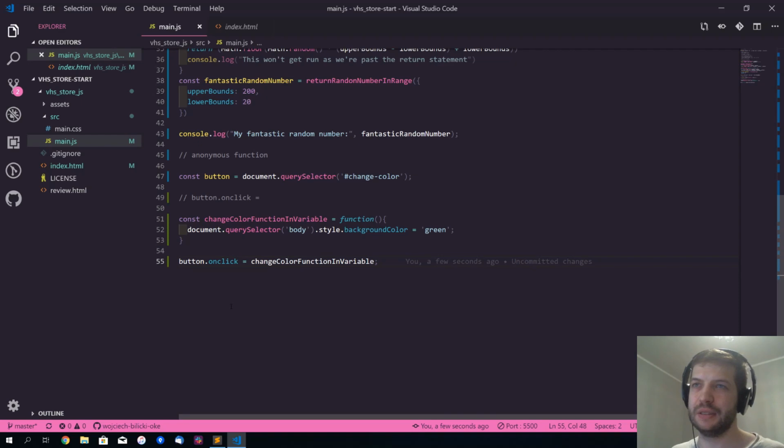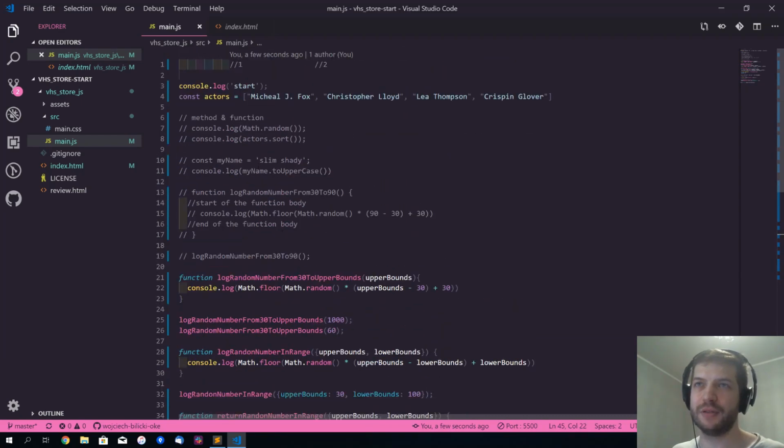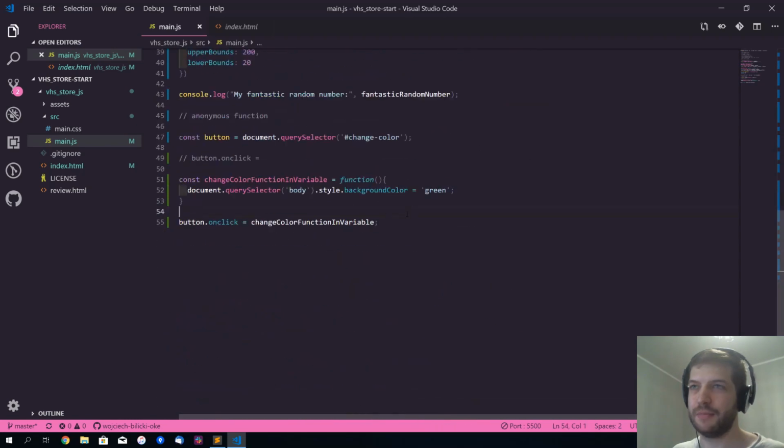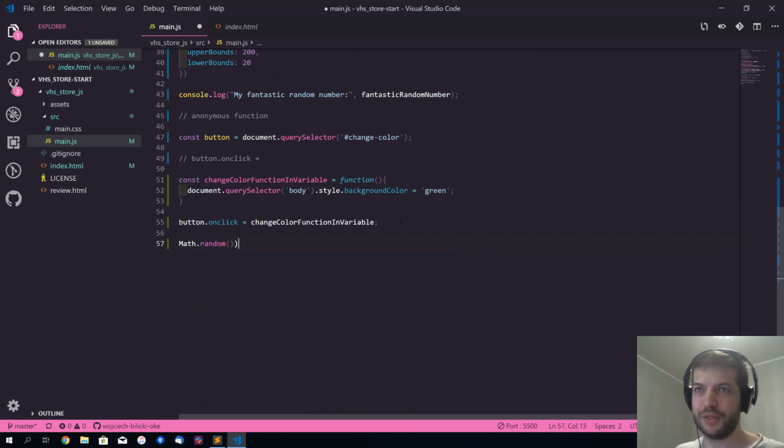What else? Oh, so if we'll go back to the methods, like, for example, Math.random, you can see that the function is being stored inside of an object. And it's rather easy to do. I could just declare dog object, say that sound is woof,